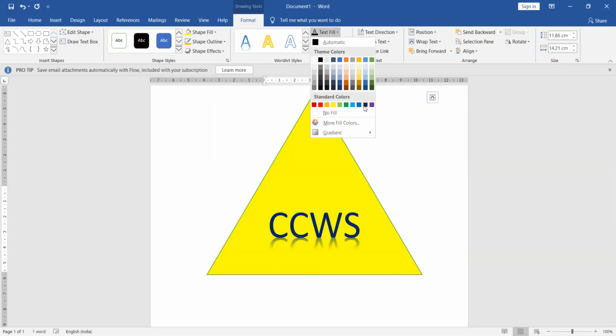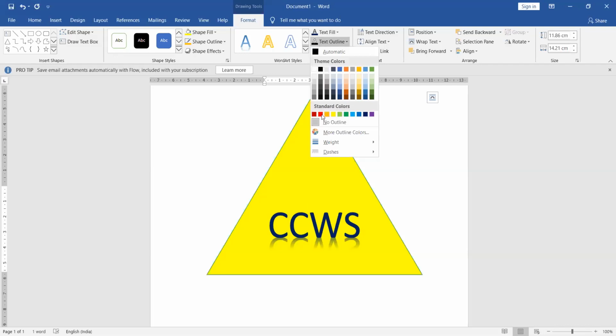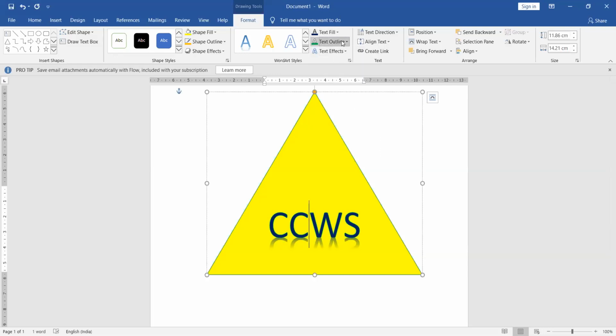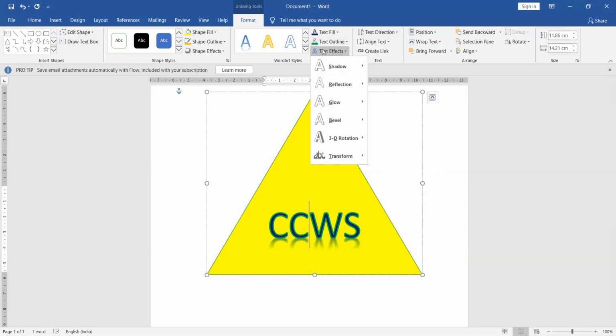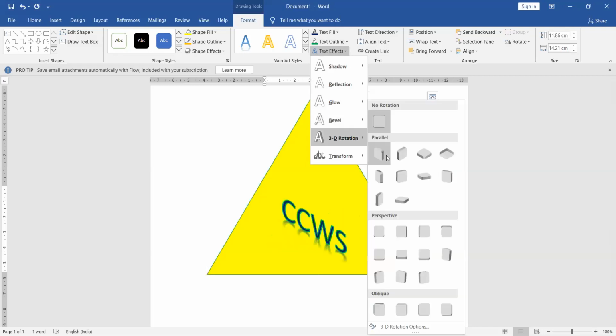Okay. Now again, outline, if you want to make, suppose I want to make outline over here of any color. Okay. Now suppose green. Okay. Then again, the outline will have weight. How much weight you want to give to your outline. Okay. Now you can see here. Okay. Text effects. Now again, as we were having shape effects, we are having text effects. The text which is contained in a particular shape, it will also have. Now here, supposedly you want to make it like, see, 3D like this. Okay, all these things can be done once you are trying this.